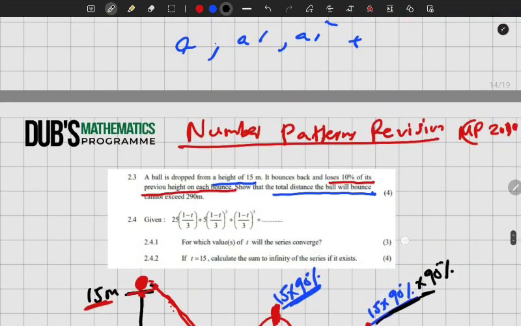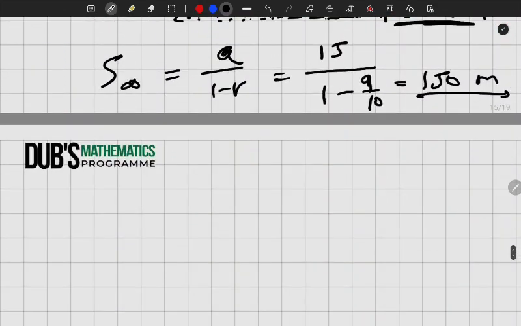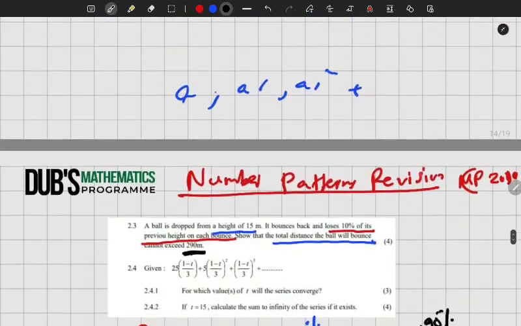What did they say here? They said cannot exceed 290. So you can see that the largest sum you can get is actually 150, which is less than 290. Remember, sum to infinity is where we are adding all the possible terms that we can have. So we have shown that this cannot exceed that number they gave us. Then the next question,